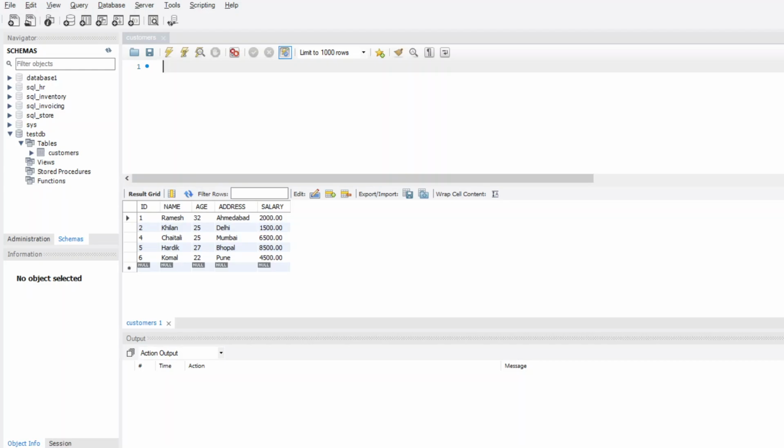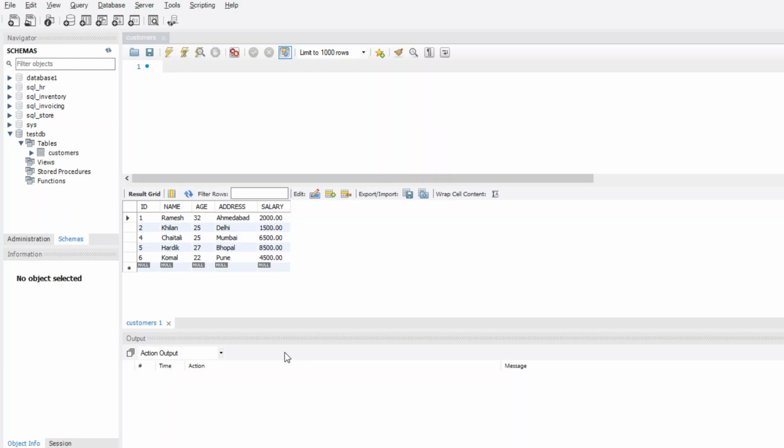We already have a table named customers which I have used before in our previous lectures. So we will perform our task directly on the same table again. This is the customers table. If I want to fetch distinct salary amounts of all the customers from the customers table, what will be the query? Here I will type my desired query using the DISTINCT keyword.